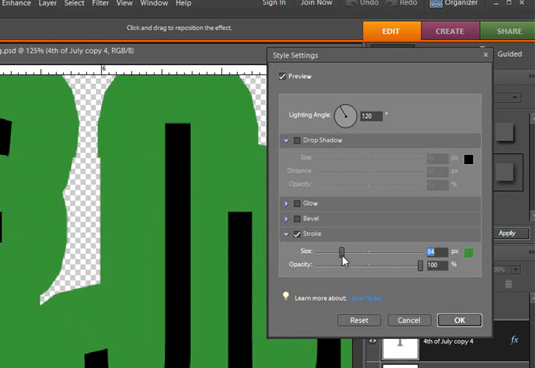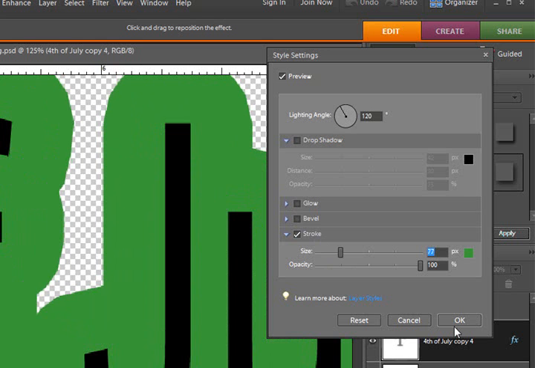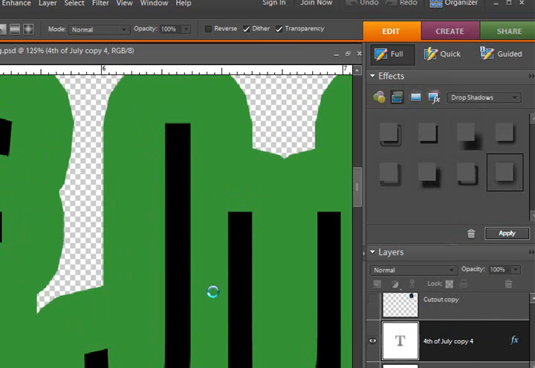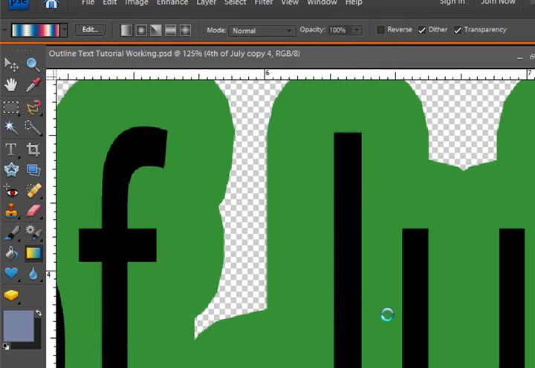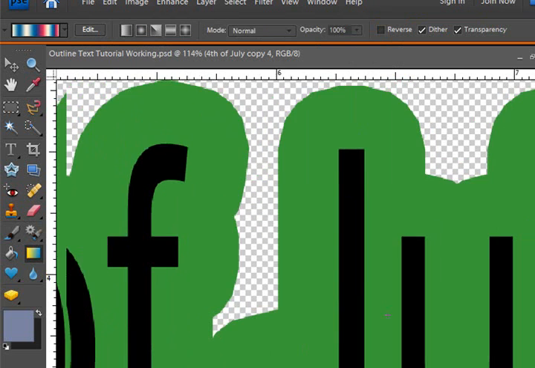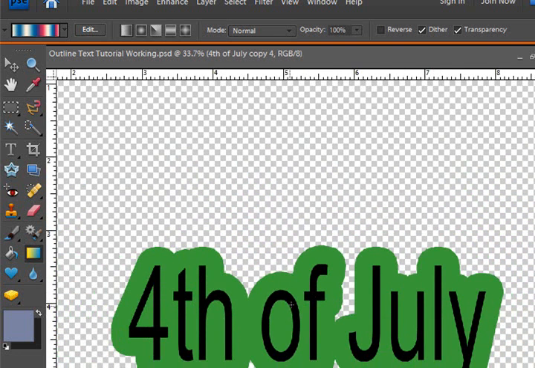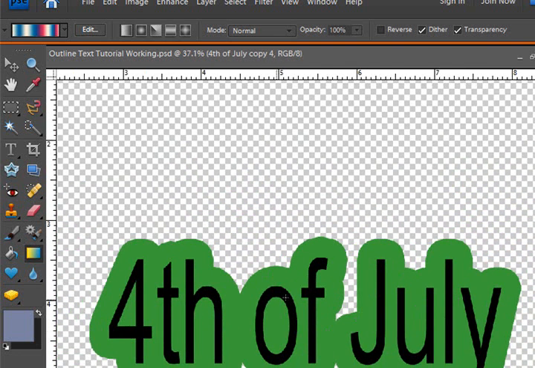Of course, if you move it way up, let's see, I'm going to show you what happens. I have to actually apply it to be able to zoom out. You can see you get a whole new different effect, almost as if you're making a sticker out of this